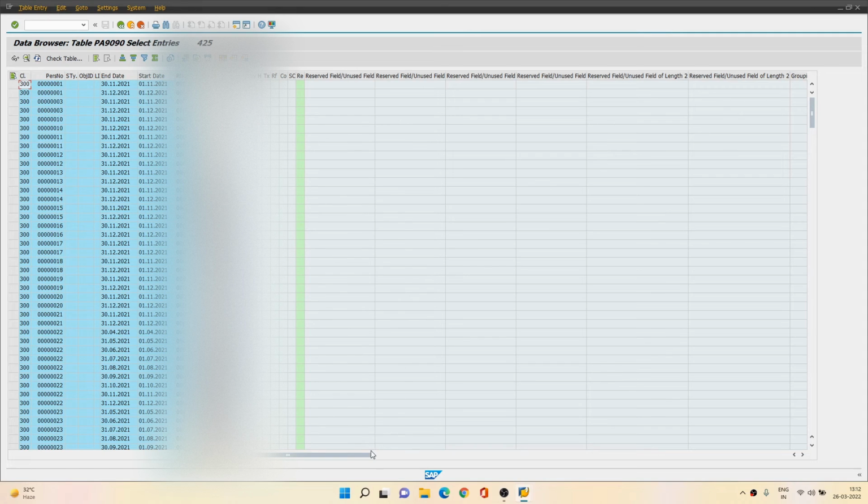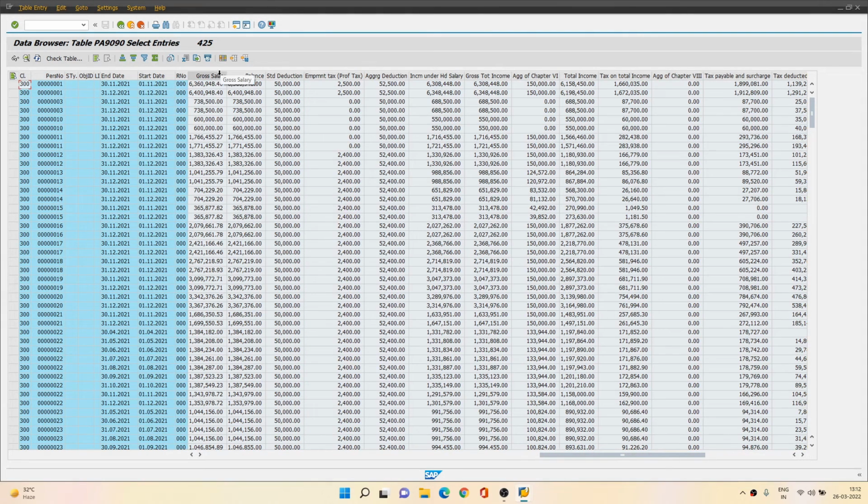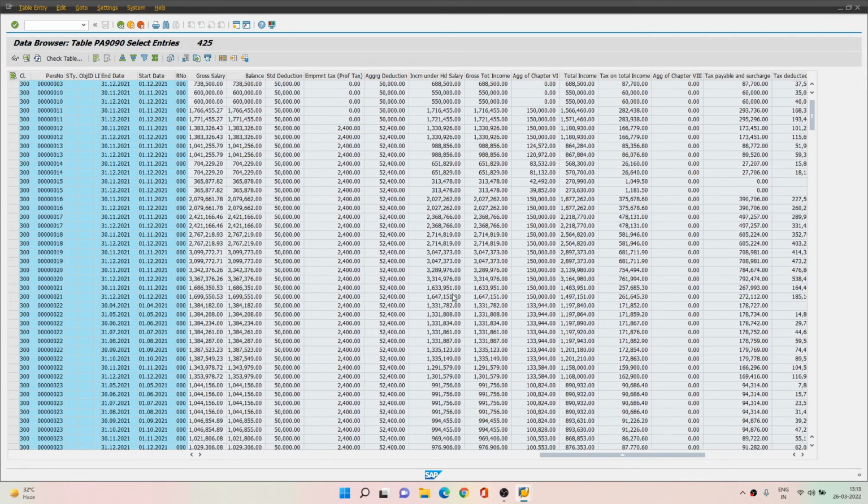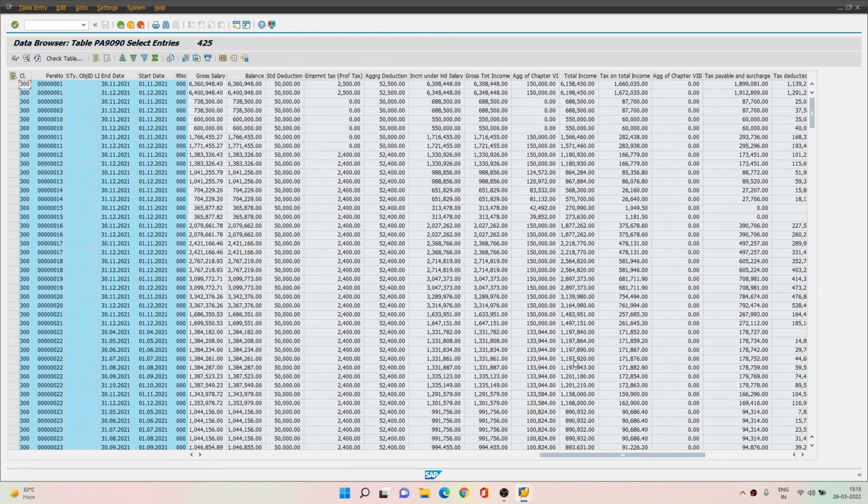What all data do we have? If you can see, yes, so gross salary, balance, standard deduction, all these fields. These are nothing but the fields that we had designed, configured in our first step. And when we run live payroll, you can see month on month, the system will generate this data. This is nothing but selected wage types captured in your database table for your specific